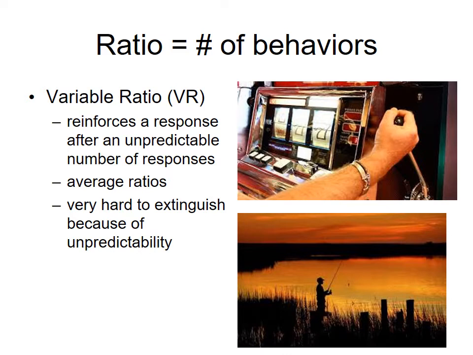So really good examples of ratio is sitting at a slot machine. It's not how long you sit at the slot machine, it's the number of times that you pull the lever. So if you're sitting at a slot machine and you pull the lever once, twice, 3 times, and on your 4th pull, you hit jackpot, you're going to sit there and probably feed some more money into another slot machine. The next time, it might be 24, 25, 26 times before you actually hit a jackpot. And you may go, all right, next time has to be quicker. And so you put more tokens in. You don't know when you're going to get rewarded, but you know if you continue to feed tokens in, at some point, you'll hit another jackpot.